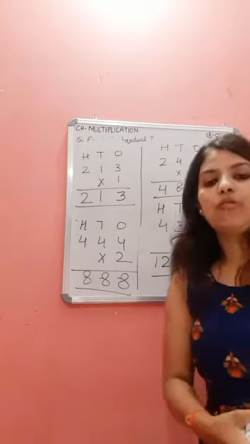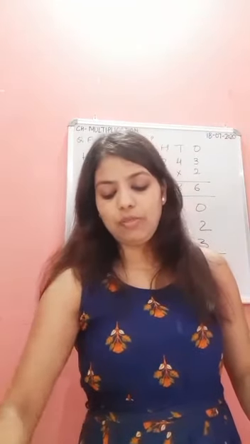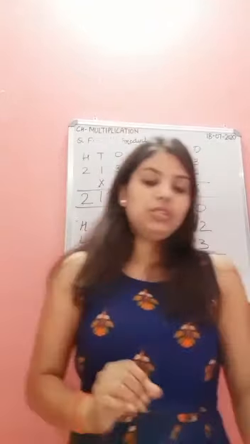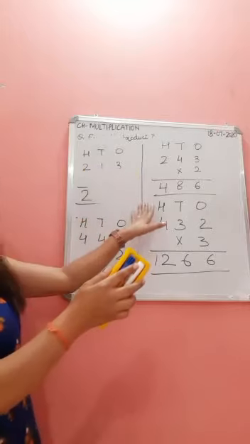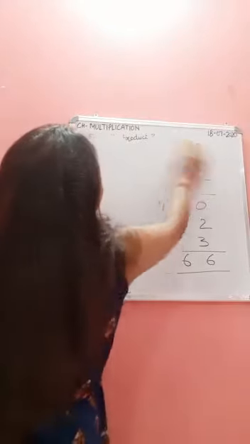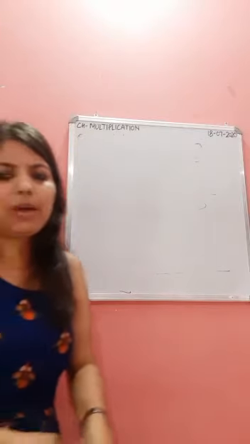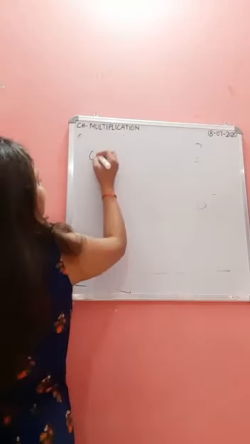There are some properties of multiplication which you have to keep in your mind when you are solving sums of multiplication. Okay, so the first one is 0 multiplied by a number. Look here. You have to keep these things in mind when you solve multiplication sums. Okay, these are some properties. Like if we multiply any number by 0,